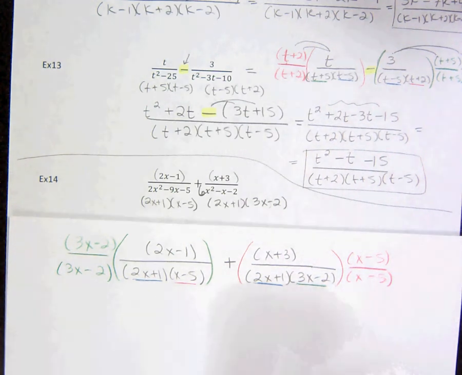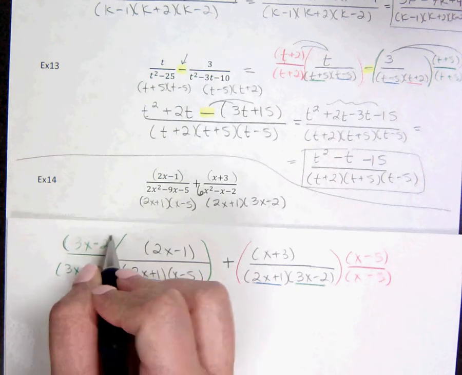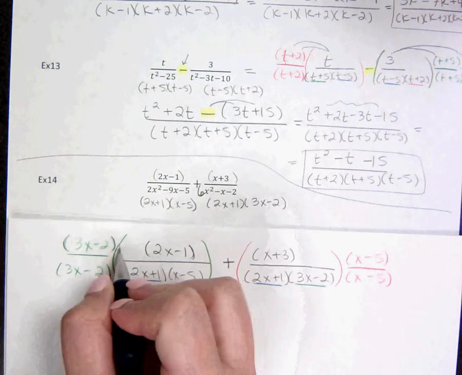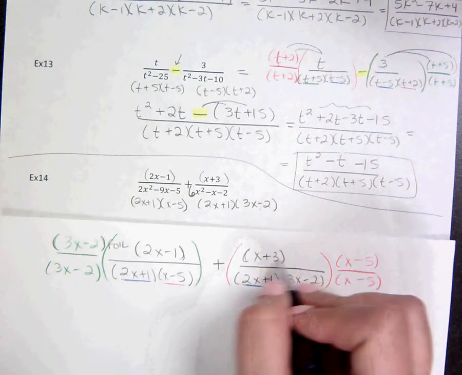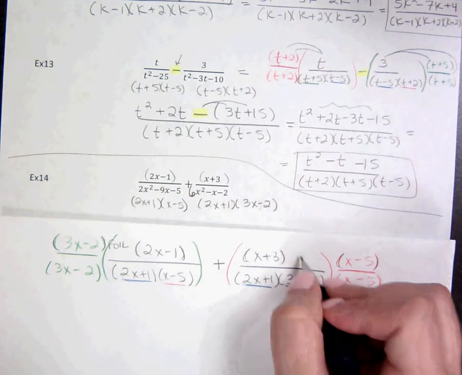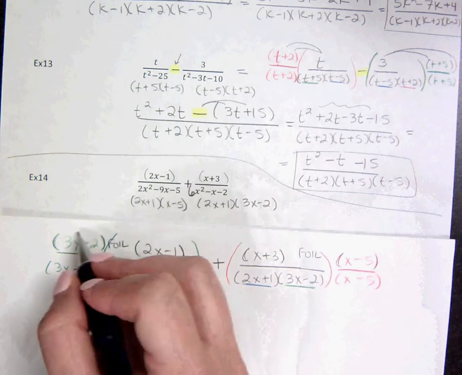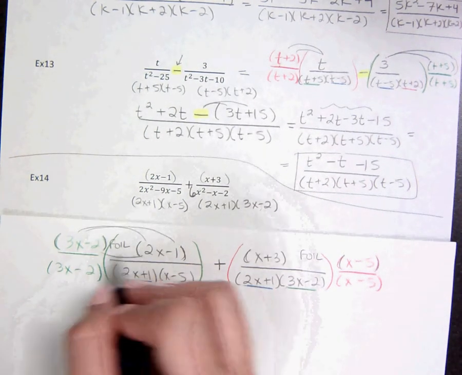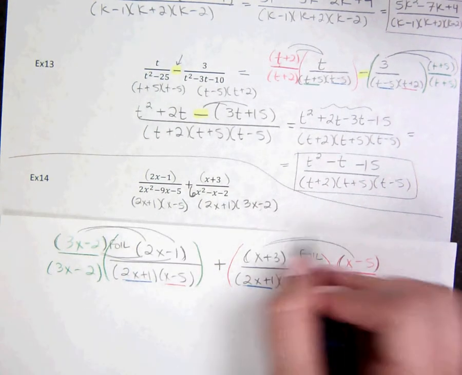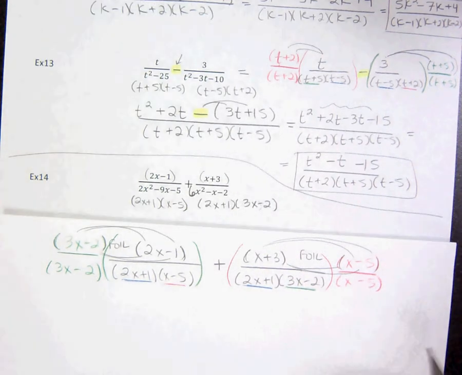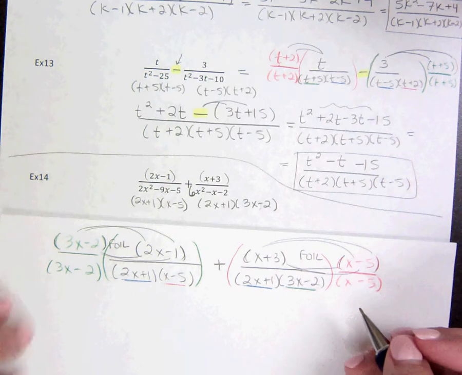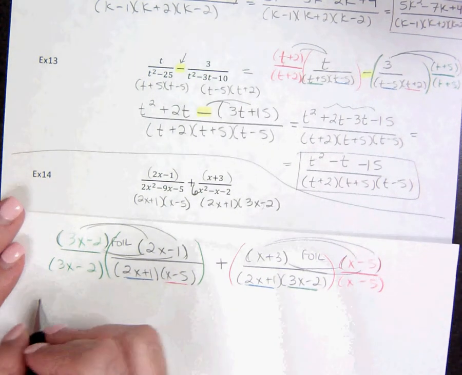From there, because we have a binomial times another binomial, we're going to FOIL these together. And same thing here, we have a binomial times a binomial, so we're going to FOIL those together. So we FOIL by multiplying every term by the other. We don't have to do that on the denominator, we can leave everything as we see it. So let's see what happens. That gives us